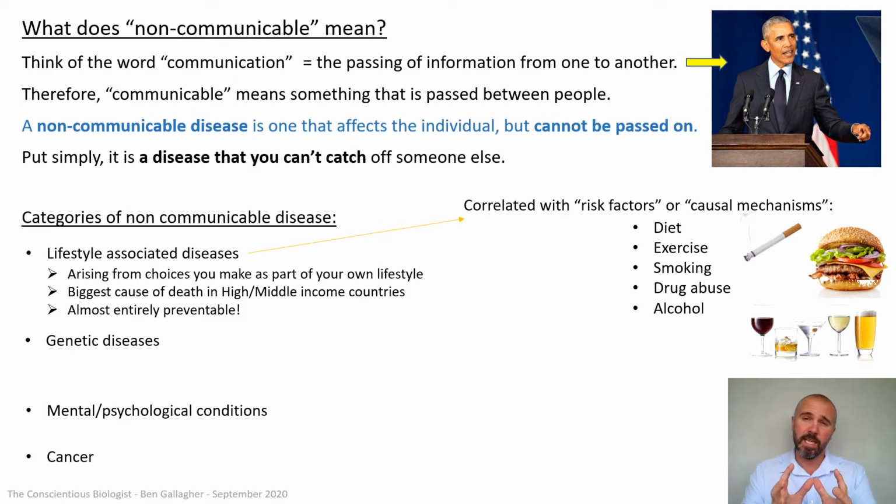Alcohol is particularly bad and is a major killer because your body has to process alcohol using the liver and then clean the blood out with your kidneys. So one of the most common things that happens in people who drink too much alcohol is liver failure, but also their kidneys might start to fail. But it can also have knock-on effects to lots of different parts of their body because alcohol is a poison. Alcohol is ethanol. It's what you use in hand sanitizers and hand gels. It kills cells. So really, alcohol abuse is a terrible, terrible thing.